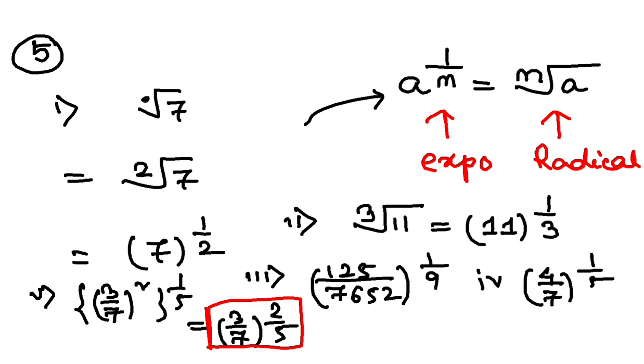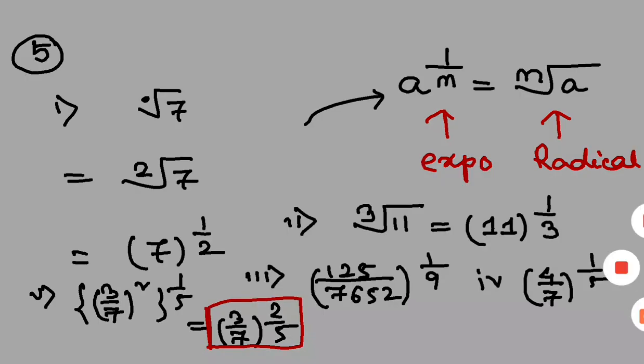Alright. So I have discussed all the questions. Question number 5 it is. Now let's go to question number 6. Alright. So question number 6 is more interesting even. So here you have to express the following as radicals. In every case, find a radicand and index of the radical.